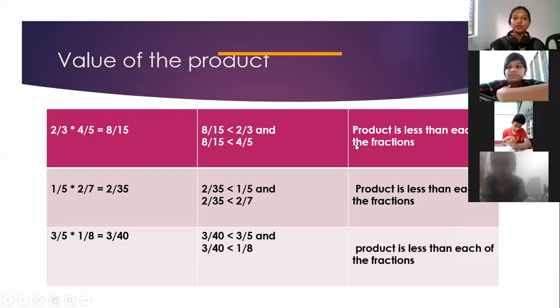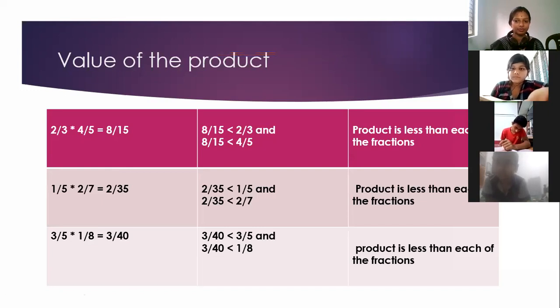Then you just look at this product, that is 2 by 35. How will you obtain 2 by 35? In 35 portions, we are choosing only 2 portions. And look at the fractions we multiplied, 1 by 5 and 2 by 7. Among the 5, we have chosen 1, and only 4 remain. In the case of 2 by 7, among the 7 portions, we have chosen 2 portions.